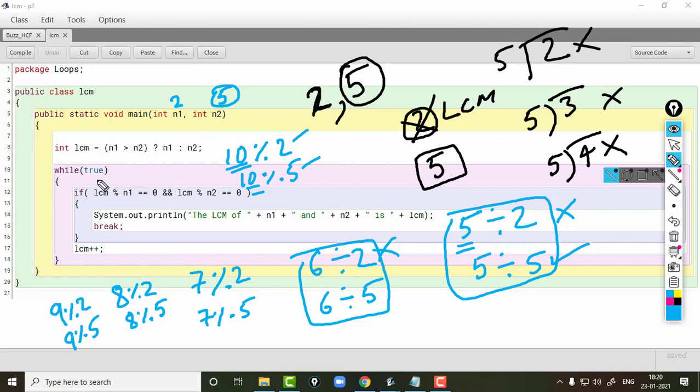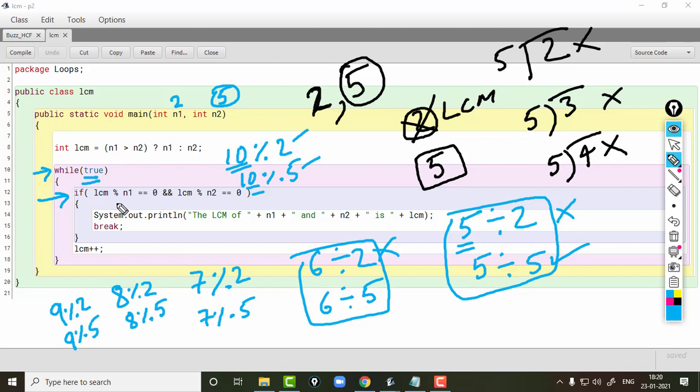Now I've made a loop here, and the condition is true. That means the loop seems to be an infinite loop, but it is not an infinite loop. There is a condition inside the body of the loop which will cause the control to come outside the loop. What is that condition? In line number 12 there is a condition.